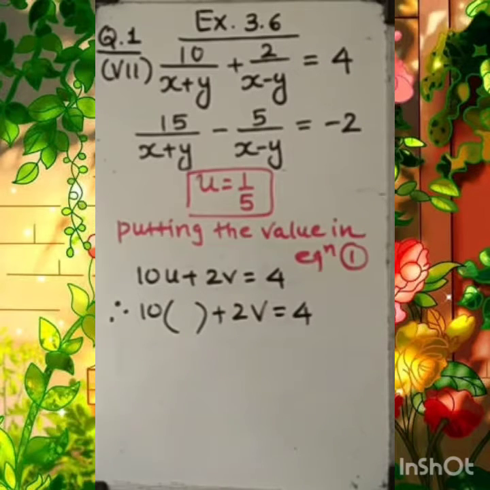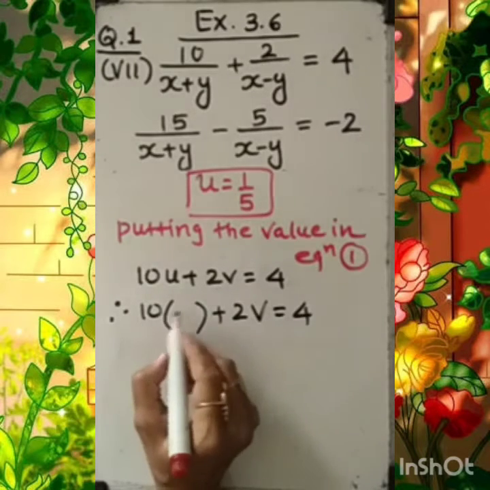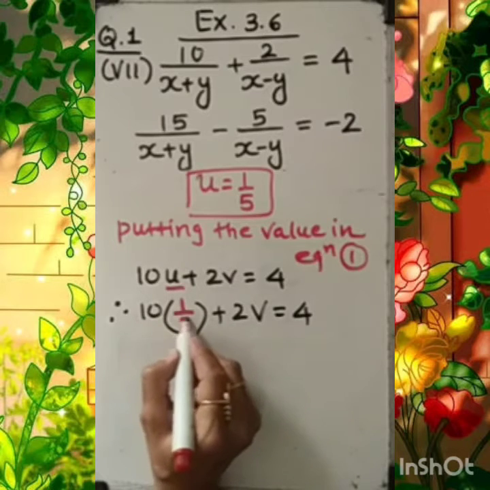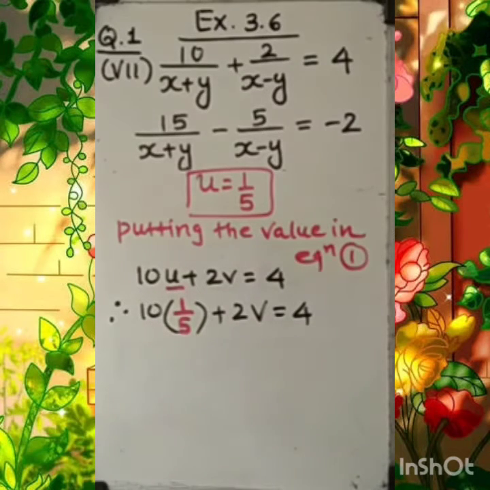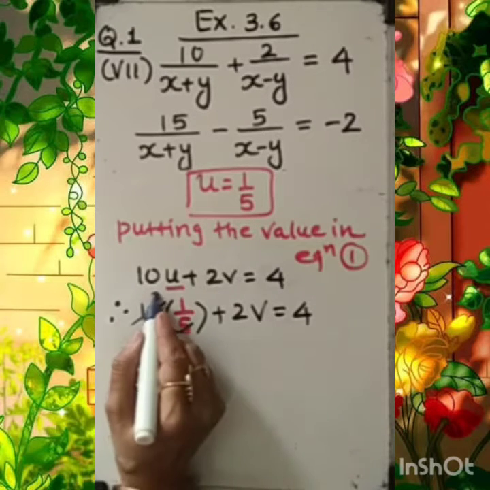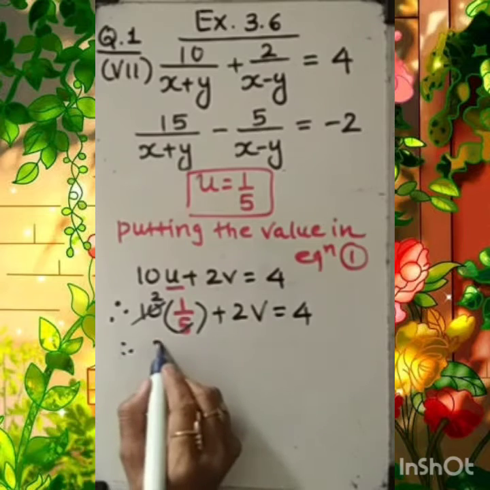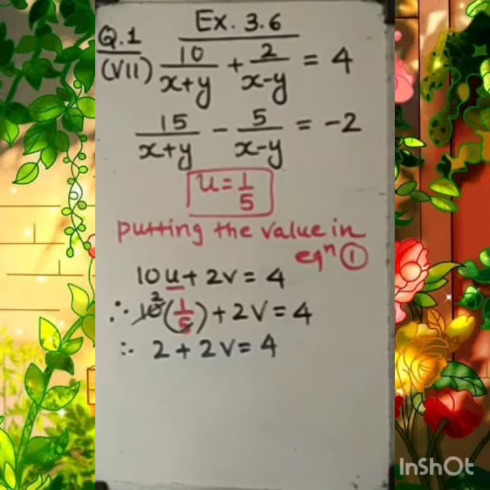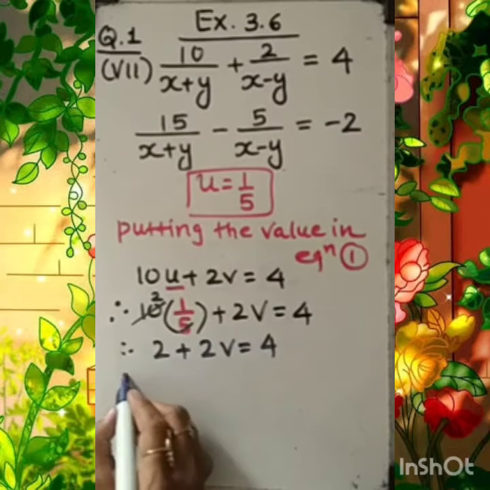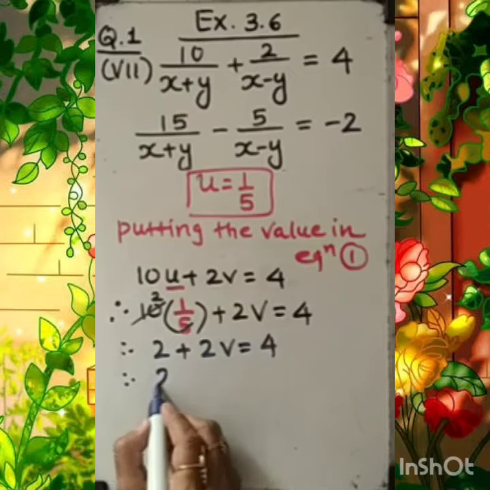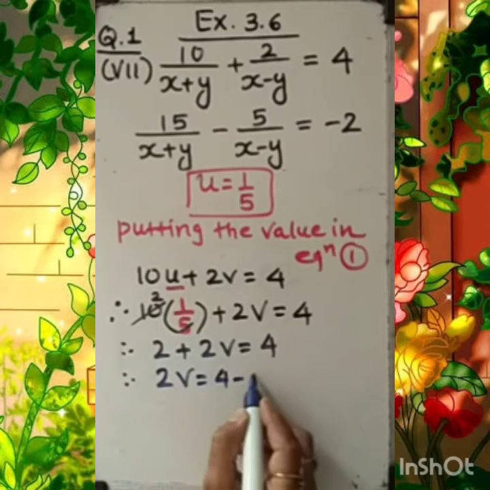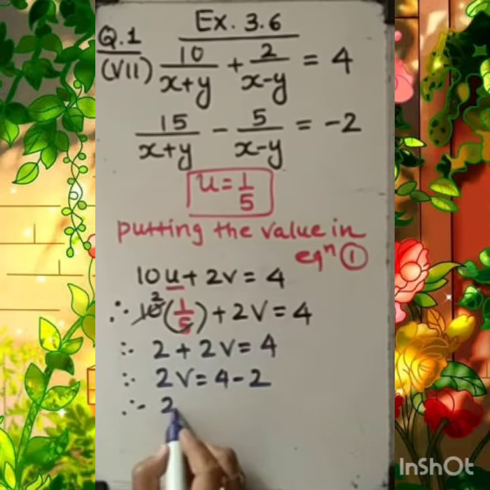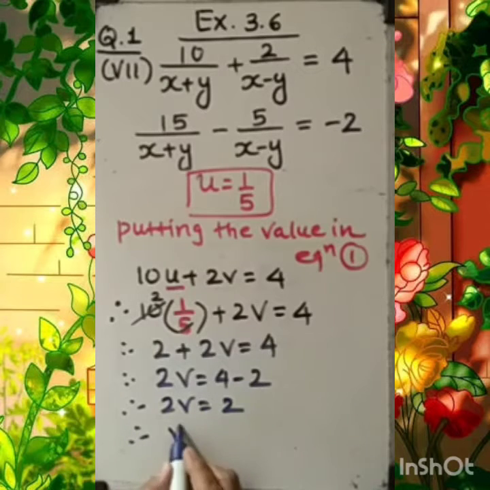You can see here on your screen, the value of u is 1 upon 5. After all, they are connected with the product sign. So here 5 twos are 10, and 2 will be left. So the equation will become 2 plus 2v equal to 4. No role of LCM, because it can be cancelled easily. Let me bring this 2 to the right side. So I will have here 2v equal to 2, of course v equal to 2 divided by 2, that is 1.